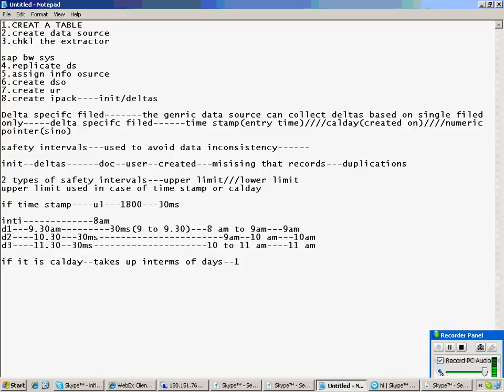That's what. If it is numeric pointer, very rarely used, but still, I'm just giving you the information. If it is numeric pointer, the safety interval is a lower limit.